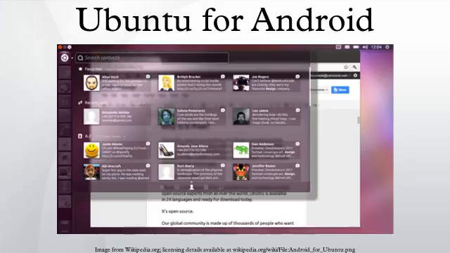Ubuntu for Android is a free and open-source variant of Ubuntu designed to run on Android phones that is no longer maintained. It was expected to come preloaded on several phones. An Ubuntu for Android mock-up was shown at Mobile World Congress 2012. As of April 2014, this project is no longer under active development by Canonical, which stated development within Ubuntu is